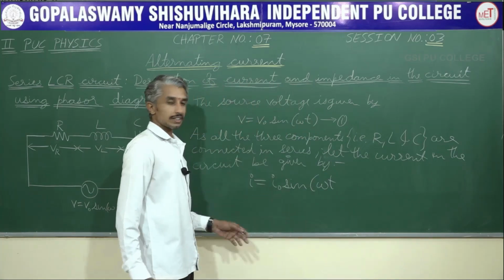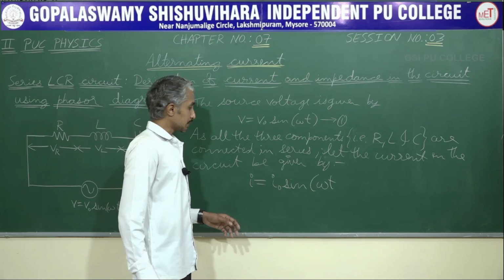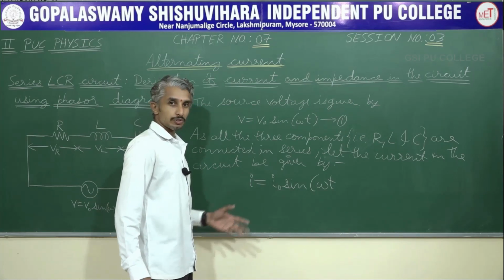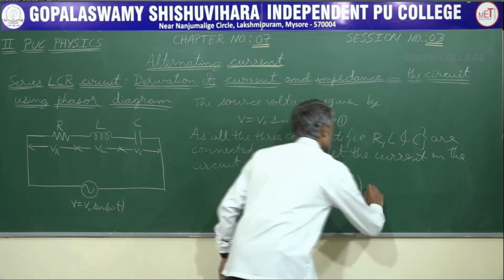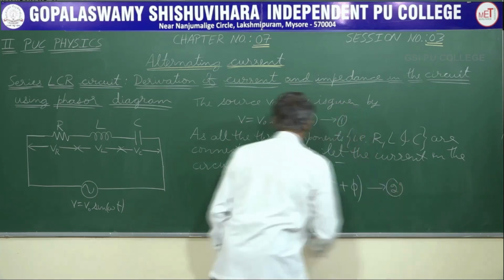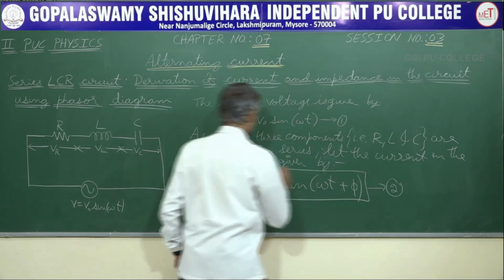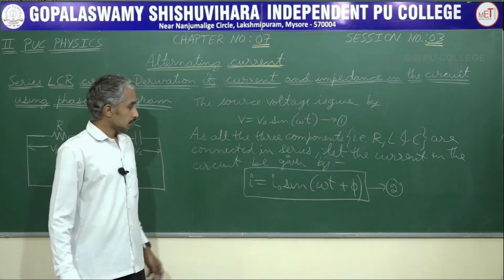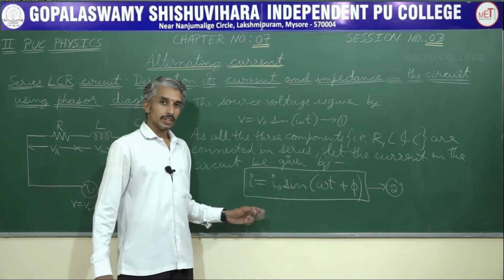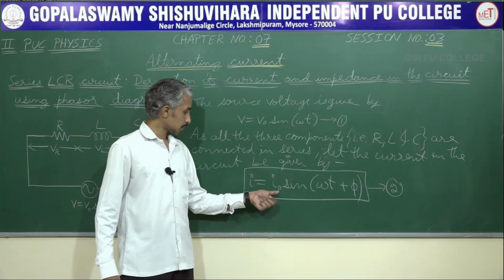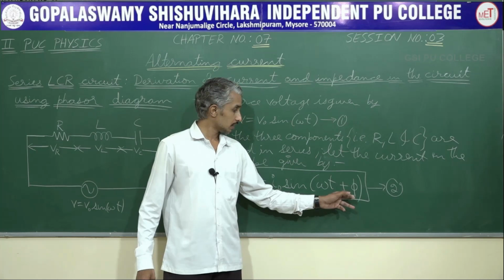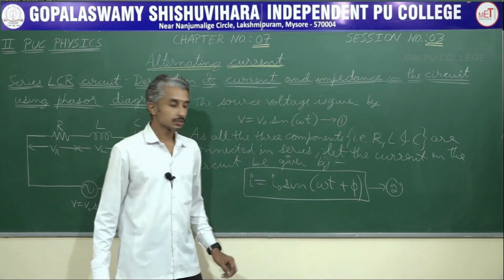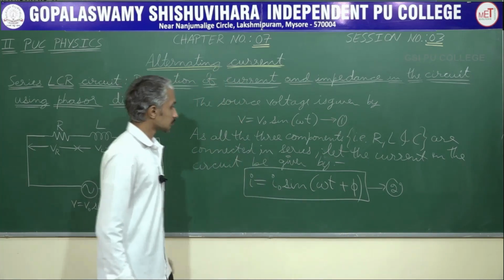It's not just omega t, neither plus pi by 2 nor minus pi by 2. So we will consider some phase difference phi. Now today we are supposed to derive an expression for I0, and what is this phi going to be? So what is the value of the phase difference going to be? Let us continue now.